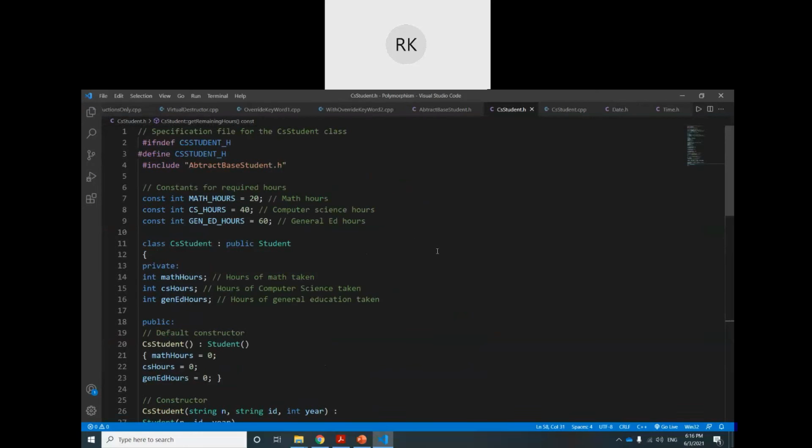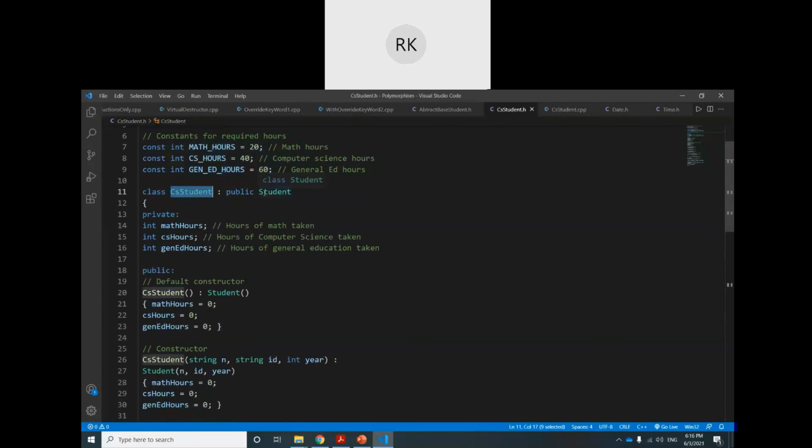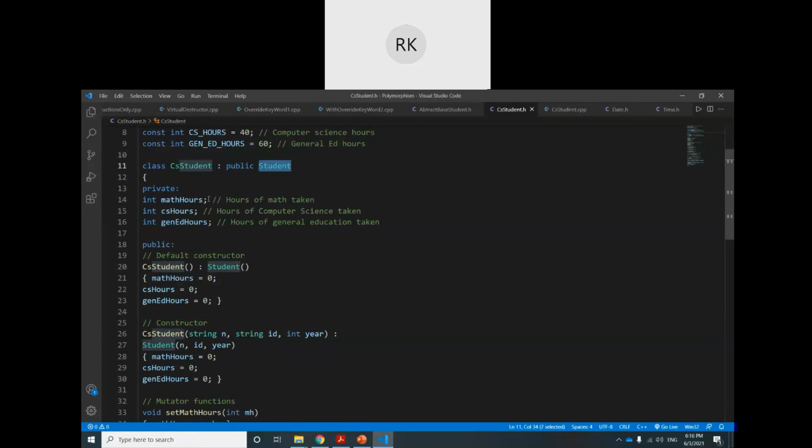Now a computer science student is a specific student, so this specific student has specific properties. This is why we created 4 constants here, and this computer science student is inherited publicly from the student class, and it has math hours, computer science hours, and general education hours. So you see these 3 properties are unique because of the computer science student.